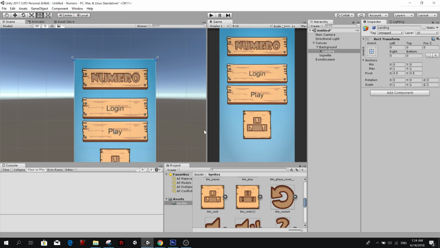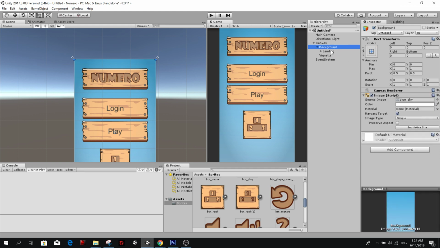That way we don't actually need to load different Unity scenes. We don't have to load, don't destroy, unload, and all those things. We could just turn on and off the panels, because it's not a lot of data, it's not a lot of memory that we're handling. So that's going to be the landing.